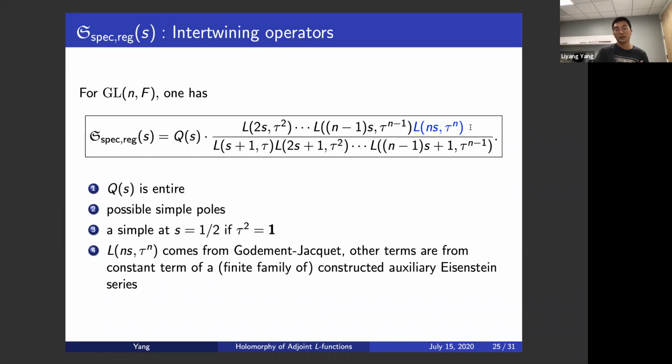It comes from the flat section of the Eisenstein series used in the trace formula. And other terms are from the constant term of some constructed auxiliary Eisenstein series. Initially, the formula for this definition is not factorizable. It's an integral over some rational quotient, so you cannot break it into local pieces. So what we can do is to rewrite it as a finite sum of factorizable integrals and do some local computation. And each such factorizable integral